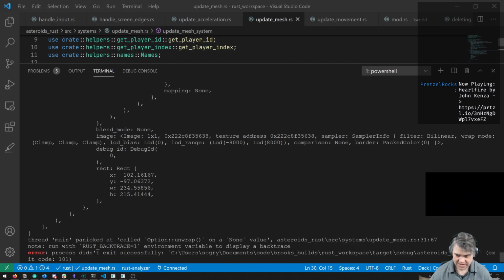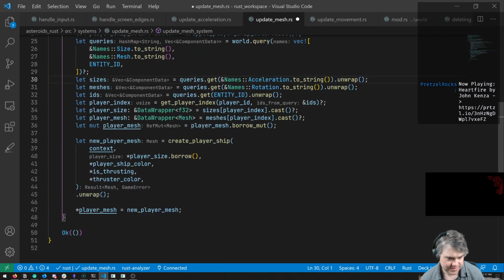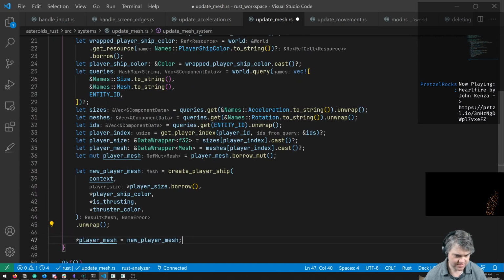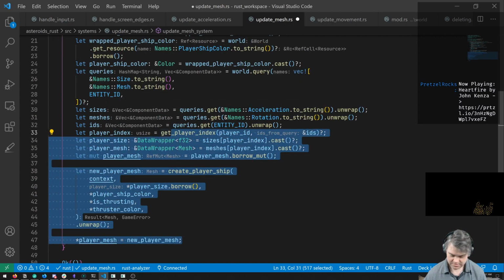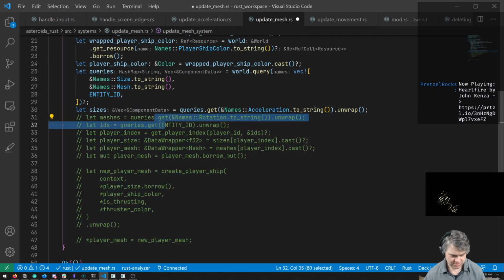So unwrap on a none value. The big thing to me is, which one of these is the none value? Let's say I don't do any of this. All right, so can we get the sizes?